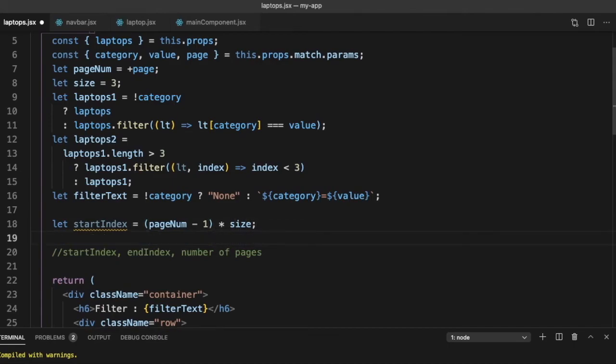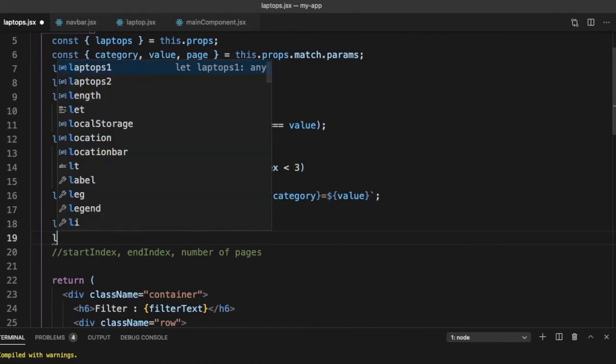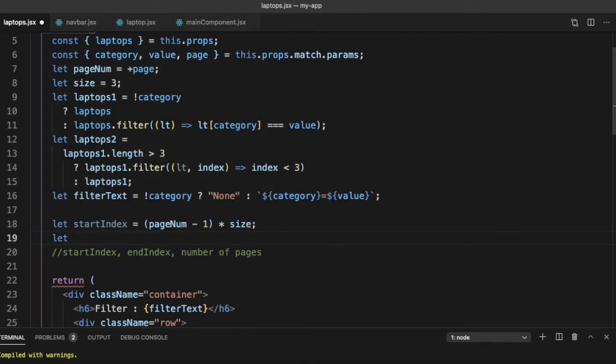Second, we want the end index. So now what should we do for our end index? Once we get the start index, what should be our end index? Let end index equal to, now if there are enough items in the array, so how many items does it have?